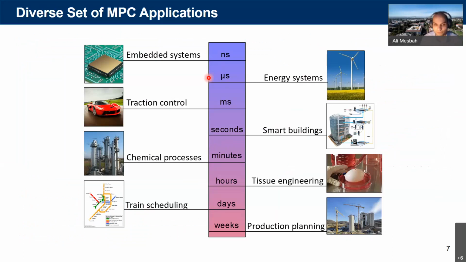So first, from its inception back in the 70s in the chemical industry, you can see that now MPC is being applied to a wide variety of applications and systems. And what is really interesting to note here is the diverse time scales and, in fact, length scales of the systems and processes that MPC is currently being applied to. So we have production and scheduling problems, which are performed on day to week time scales, all the way to automotive applications, embedded systems in which we're talking about really millisecond, microsecond, even nanosecond time scales.